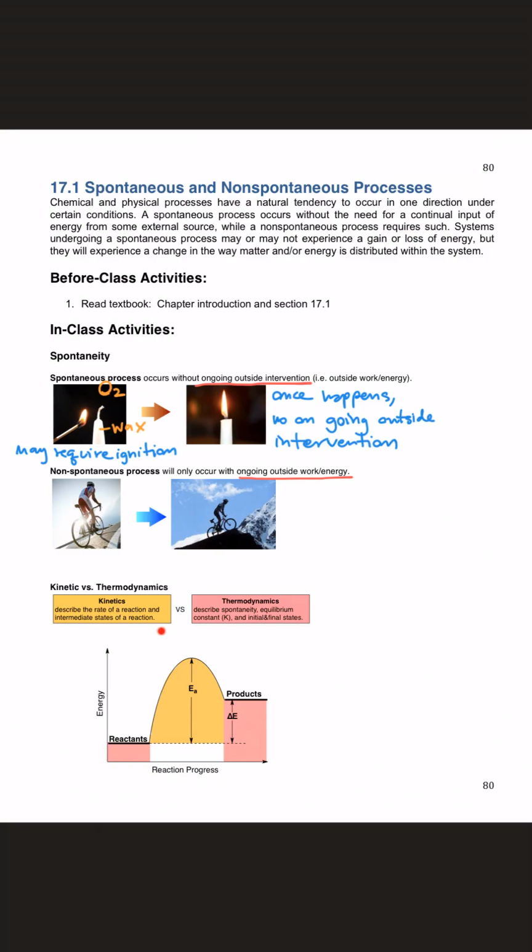Let's consider this reaction diagram here. This reaction diagram plots the energy versus the reaction progress or time. And we will start with the reactant. For the reactant, according to the kinetics theory, for the reaction to occur, the molecule of the reactant must collide with proper orientation and also with sufficient energy as well. This activation barrier refers to the sufficient energy that the molecule of the reactant must have when colliding